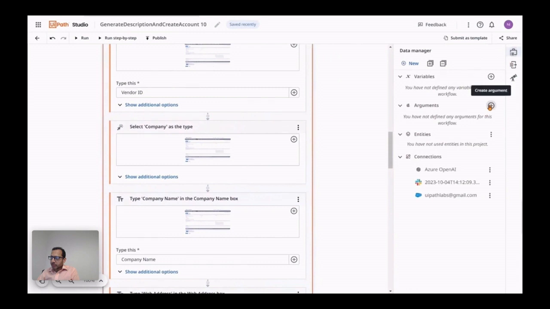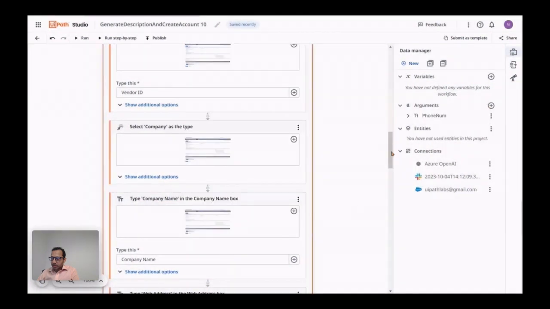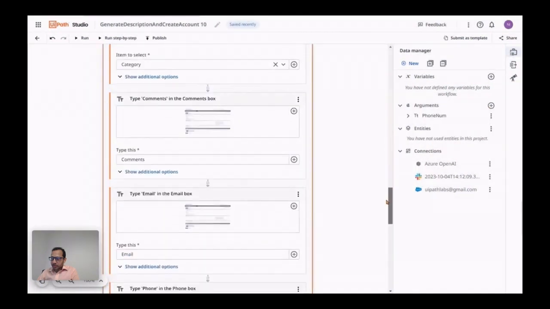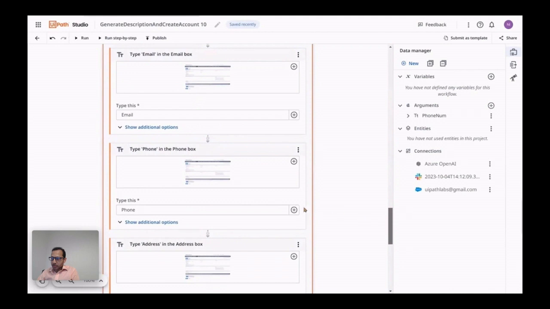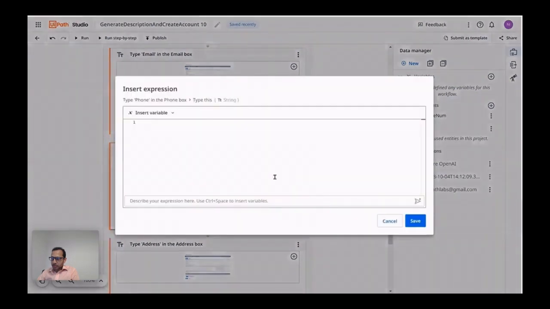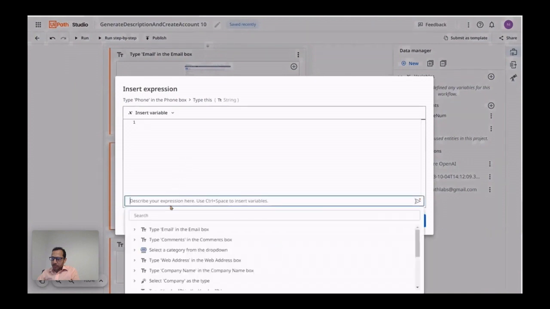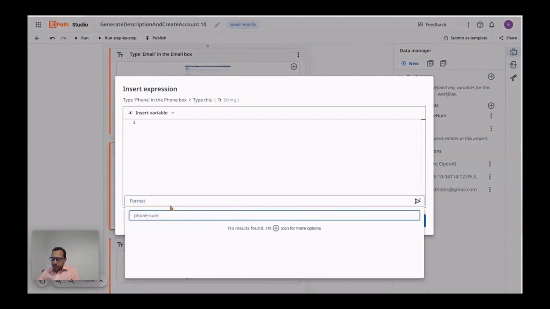So I'm just verifying if the phone number is correctly entered into the form. I'm trying to find the phone number activity, and I'm not sure how to format the string, so I can ask Autopilot to help me format the string that can help me format the phone number